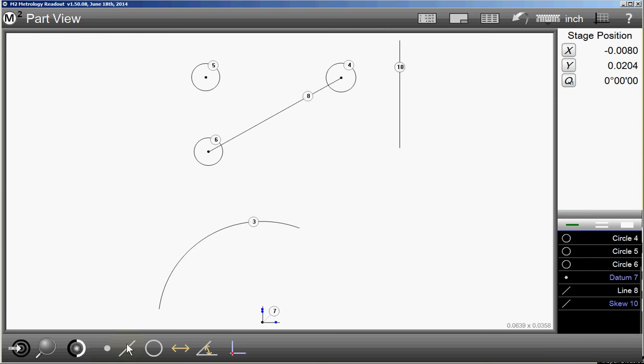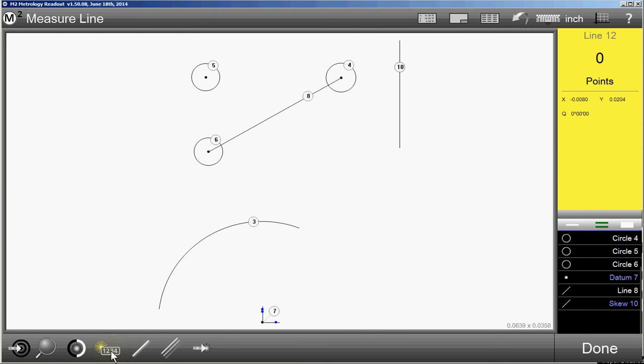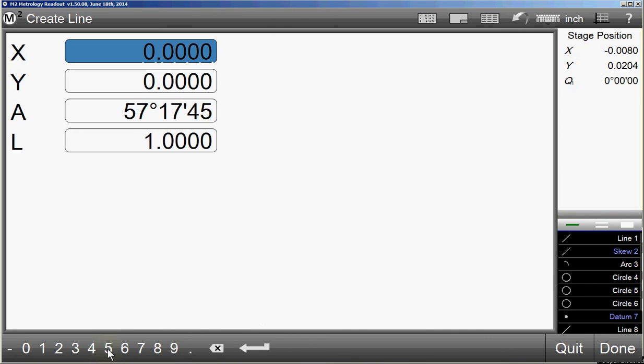What you would do is go down here, say line, and then select this object here, and it brings you into the coordinate system, angles, XY locations, and length. So if I create a line, say I want to create a line straight up and down through that radius on the part, that main radius I'm using as a center line, I can actually create a line there by using this feature. So what I'll do is I'll make this 90 degrees,